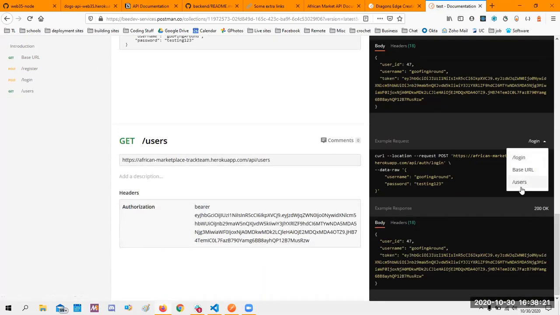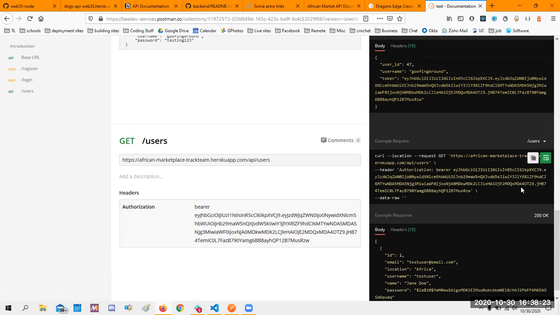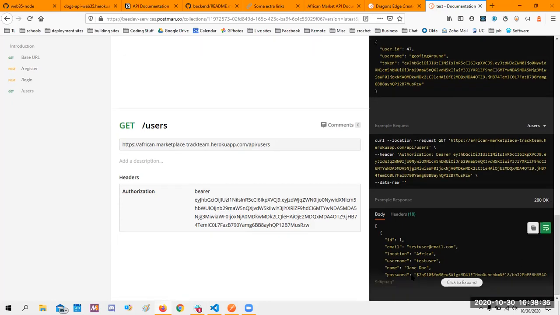And then here for this one, this was to get all users. You can see the path that it took, the authorization, the header that I put in there. There was nothing raw in it, which would be like this stuff. And this is what it returned. If I don't want all of this in here,